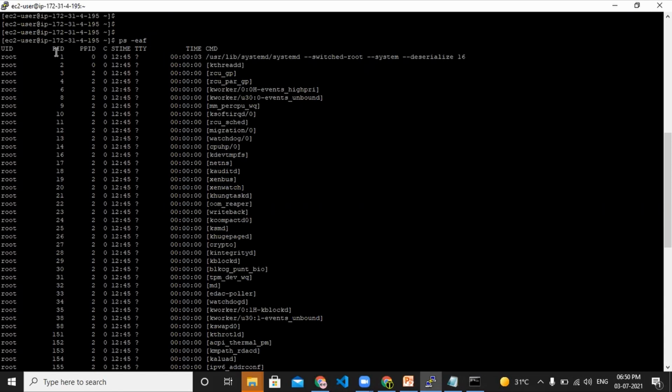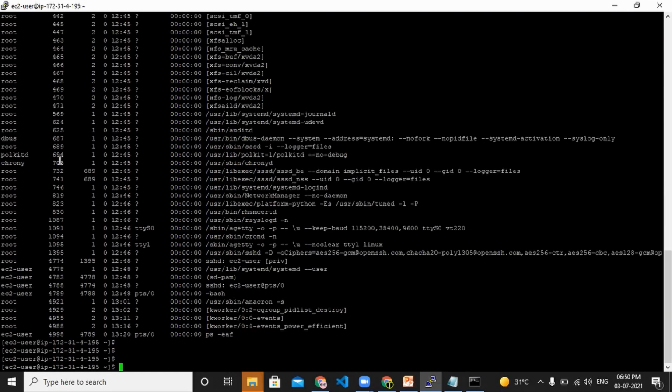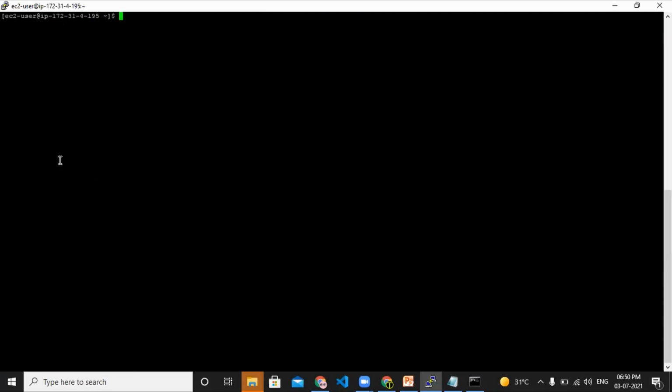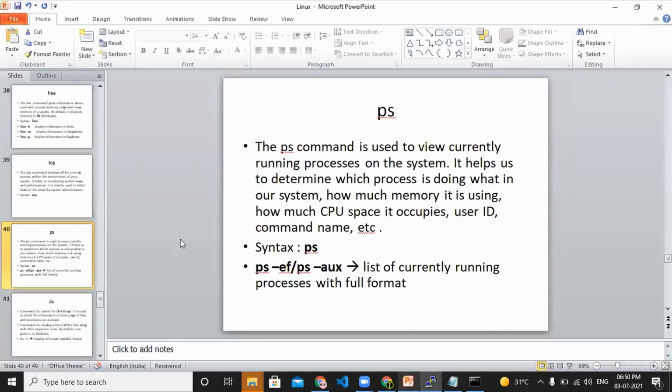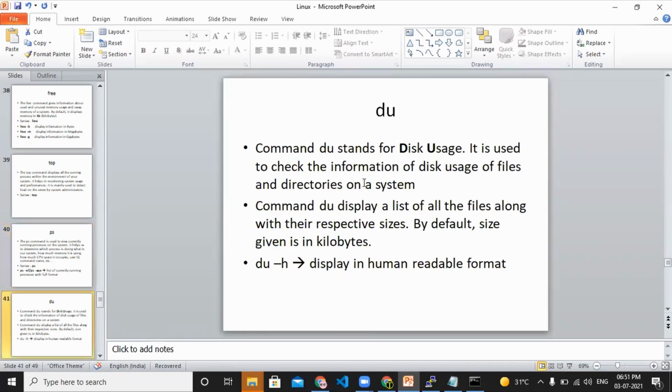By using this we can get the process ID, if you want to kill or restart it. This is the syntax: ps -ef or ps -aux, we can use to get the list of currently running processes.